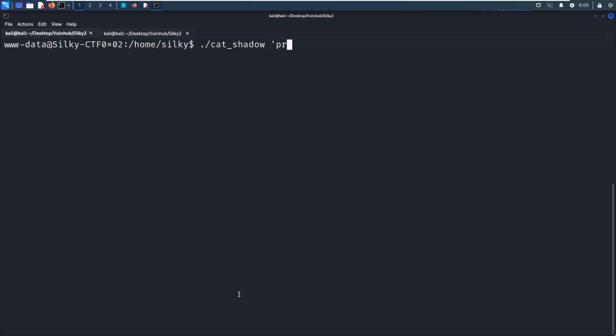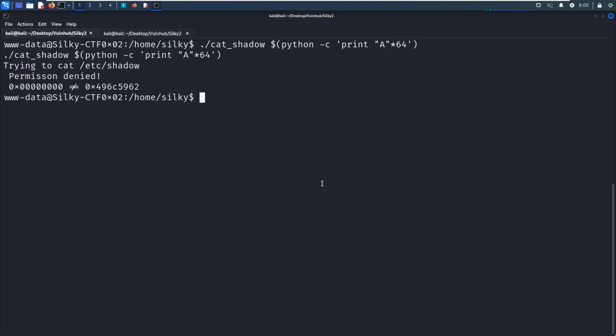To save time, I would like to give you the result when we supply 64 uppercase A. We always use uppercase A as the character to test for buffer overflow, right? Python print 64 is not it.